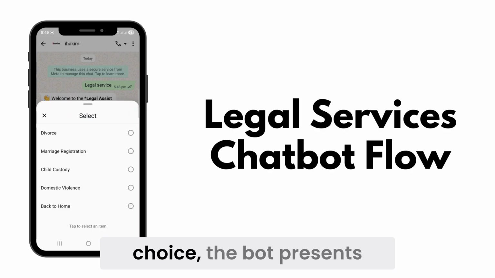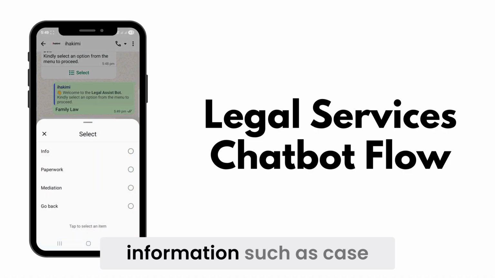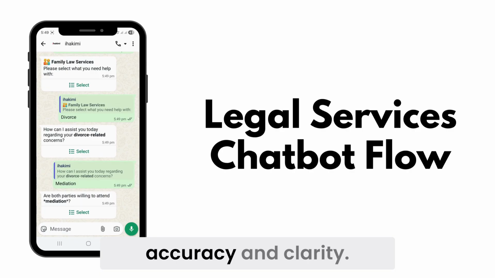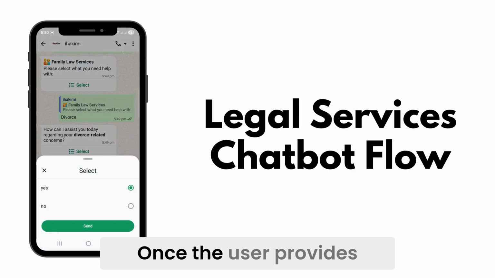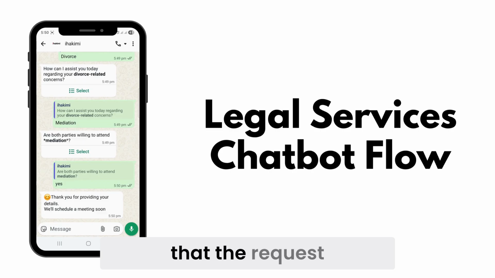Based on the user's choice, the bot presents relevant sub-options and collects the required information, such as case details or personal details, ensuring accuracy and clarity. Once the user provides the necessary inputs, the chatbot instantly generates an acknowledgment message and confirms that the request has been received. It then proceeds to schedule or confirm a meeting, ensuring a smooth and guided experience from start to